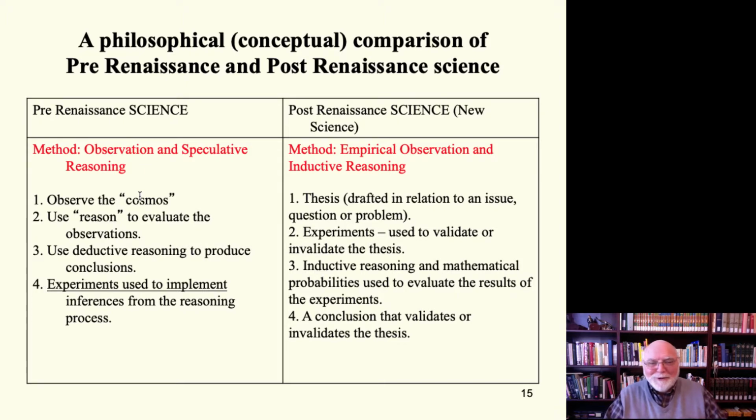Now, we don't want to throw pre-Renaissance science out the window because it made a lot of very fine observations and conclusions, and today we still use it. A lot of higher math is effectively strictly rational reasoning. And so I would encourage you to realize we use both, but the dominance today is on the right-hand side of the screen. But it does represent a major shift in the approach to thinking and science.